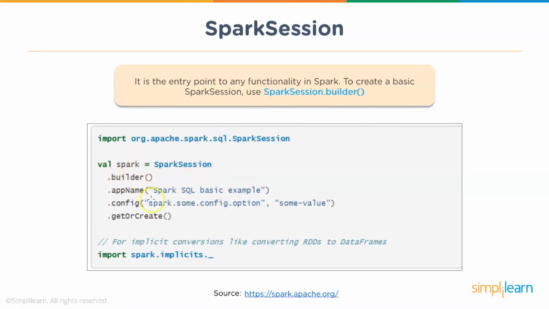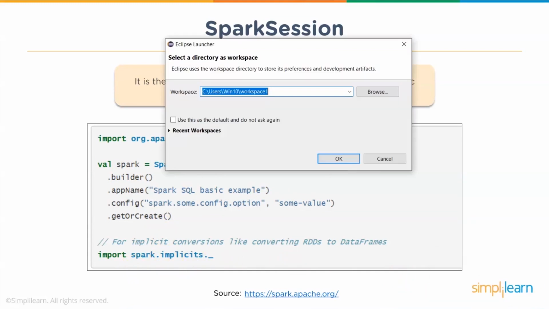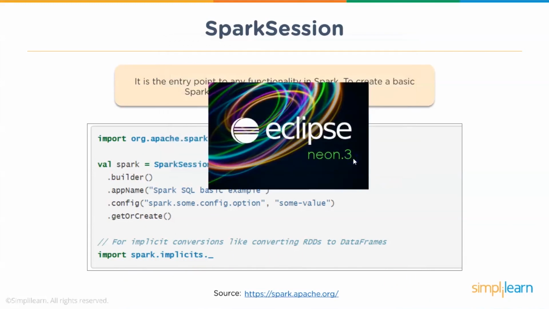You could use SparkSession.builder, provide an app name, and also provide config properties, that is your configuration properties, and then you could say getOrCreate. That creates spark, which can then be used to work with your Spark SQL. You could then do import spark.implicits and continue to work. Now here, let me start my Eclipse in parallel, and I can show you how it looks here.